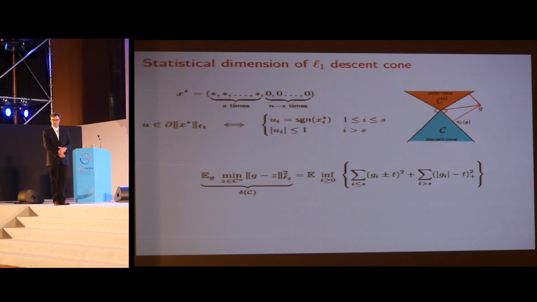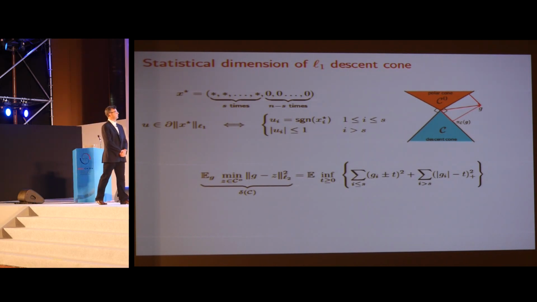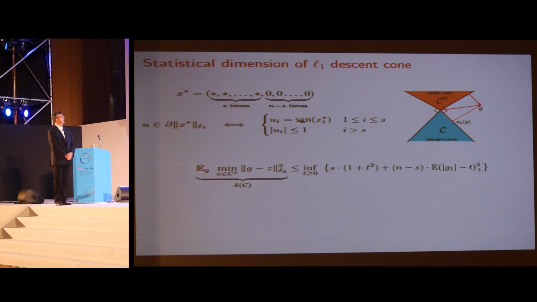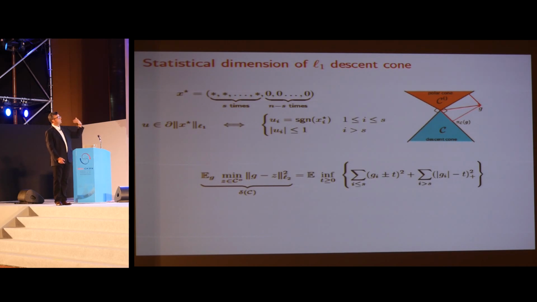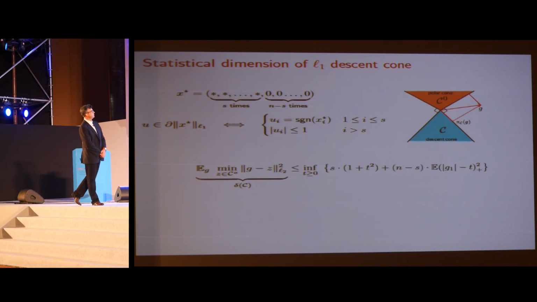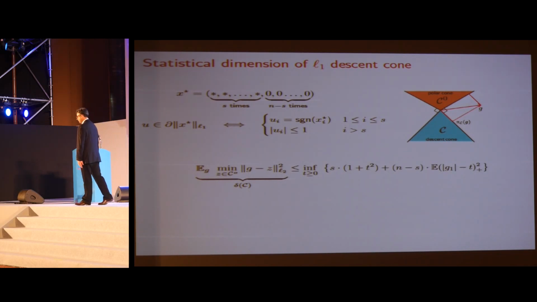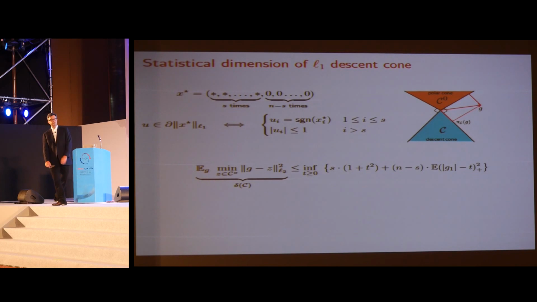Perhaps I can bring the inf outside of the expectation. So I get an equality. But in fact, it's not really an equality because there's a concentration phenomenon. But I'm going to write it as an equality anyway. And so when I bring the infimum outside, I have an expectation of terms that are all the same. Everything simplifies. I get things that are becoming extremely simple, and I can do calculations.